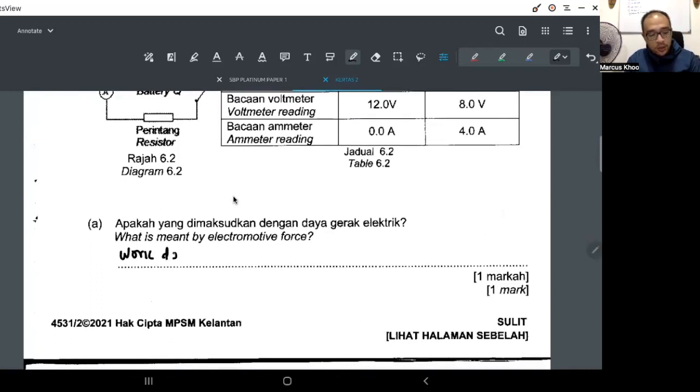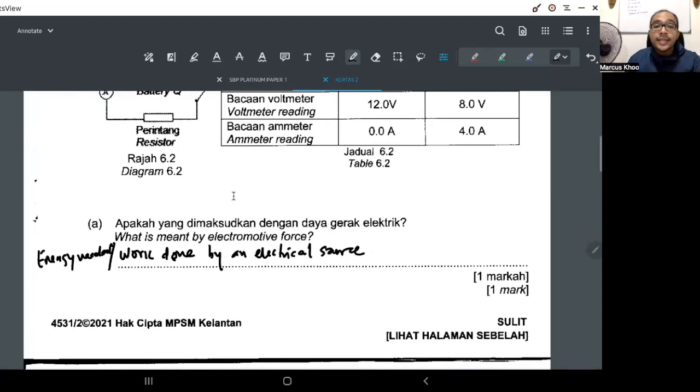Yeah, I know. I like to use the word energy, right? Okay, but it can also be said work done, or energy needed, by an electrical source. This is different from potential difference. The important word is "by an electrical source". So, work done by an electrical source